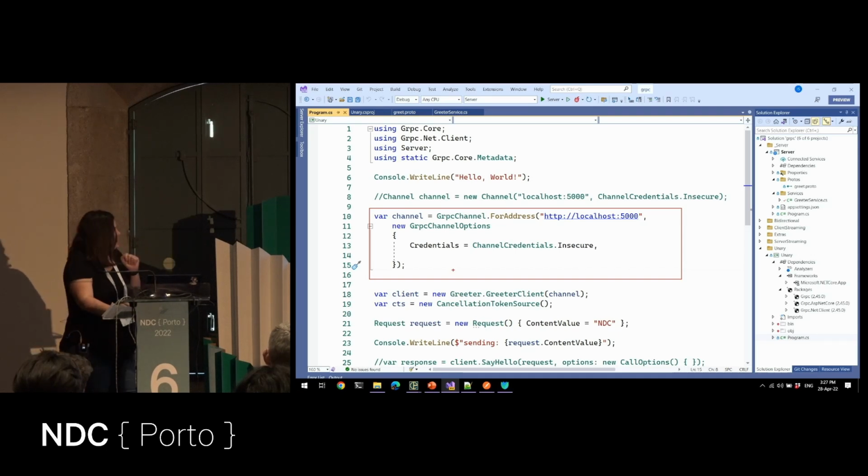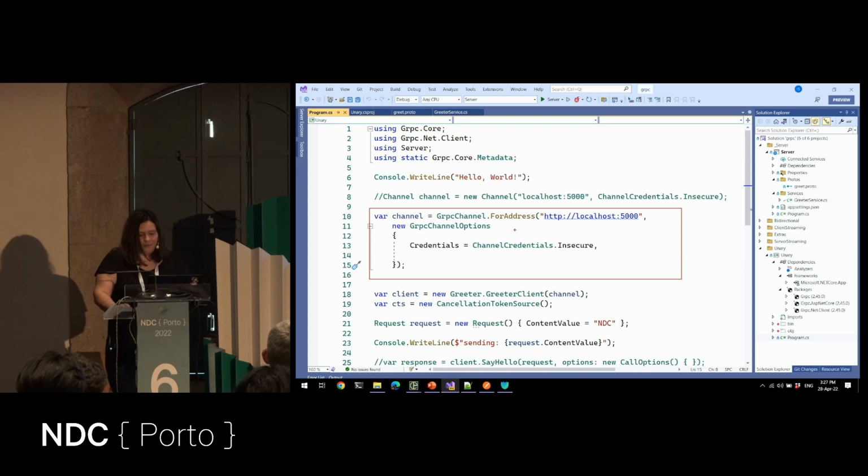So this is the implementation by using gRPC net client. This package is not done by Microsoft. You find it in NuGet Package Manager, and it has a sort of different syntax, but in the end it does the same. You specify, hey, I need a channel for this address, and this channel has a few options, and those options are regarding credentials.